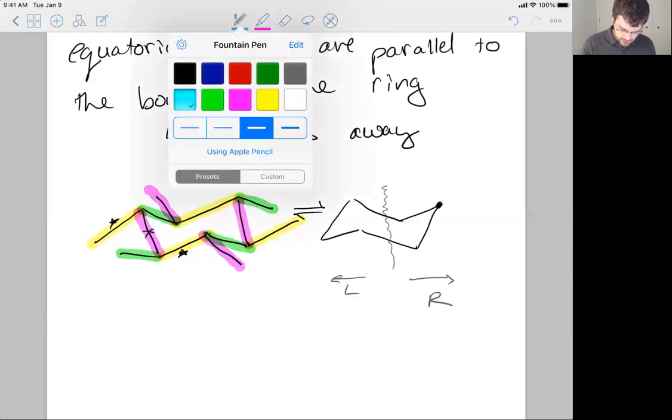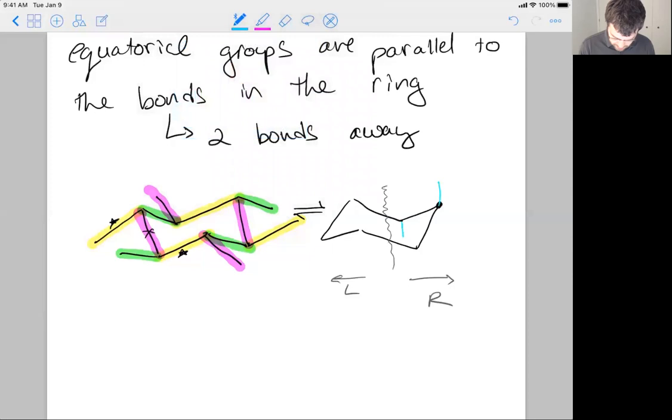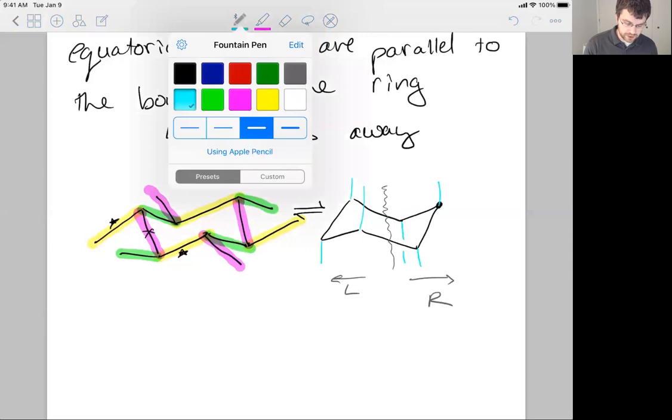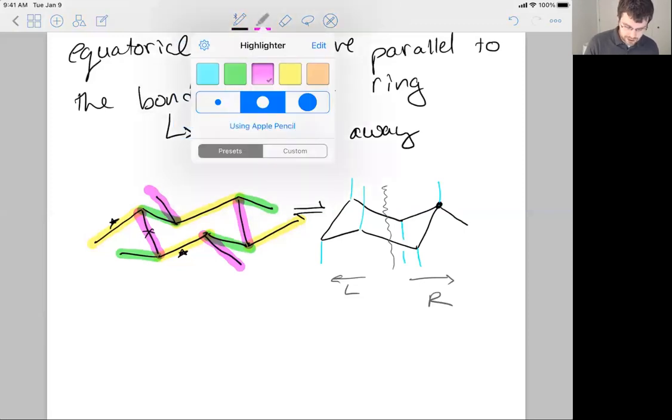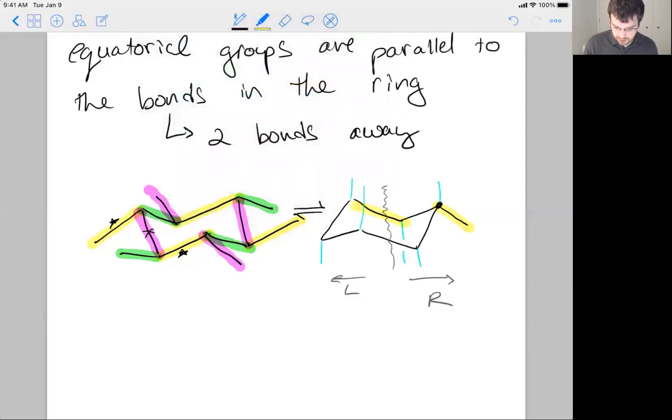What I could do is, now that I've mastered my axial positions, I can add them quickly just so I can see. Now, the other things to think about too are axial and equatorial. Equatorial, like axial, alternates whether it's pointing more so up or more so down. It's just not perfectly up or down. Okay, so I'm going to start at the dot. Now its axial position is pointing up, so its equatorial position must be pointing down and to the right because it is on the right side of my molecule. I did my best. It's unlikely it'll ever be perfect, but that bond is parallel to the other 2 lines